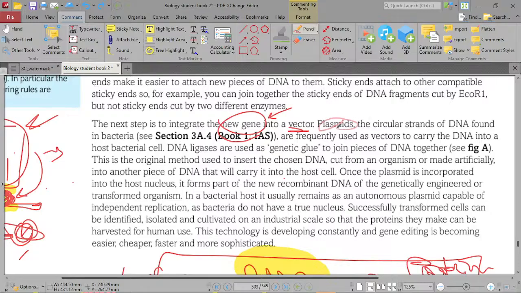Okay, so we're using plasmids. Plasmids are found originally in bacteria, but we're going to be using them to carry that isolated gene into the DNA of a host bacterial cell. The DNA ligase we're going to be using as the genetic glue to join pieces of DNA together. This is how we're going to be inserting that chosen DNA, cut from an organism or made artificially, into another piece of DNA that will be carrying it into the cell. Once the plasmid is incorporated into the host,